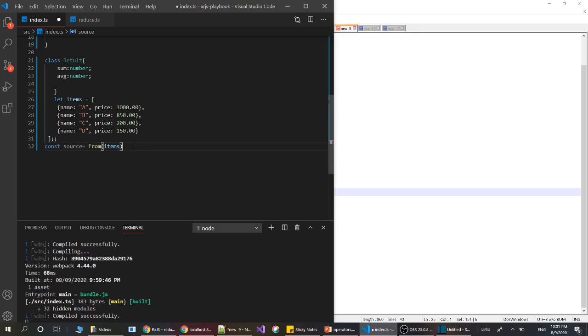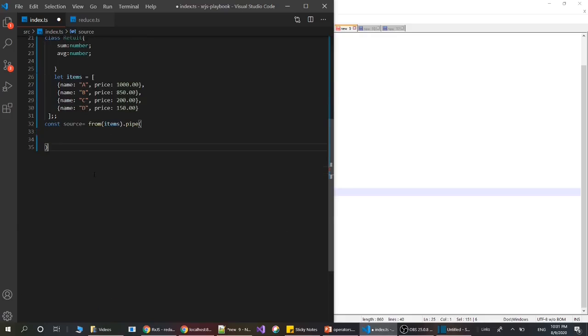Okay, so now let's pipe it, and let's use our reduce function. This reduce function is going to produce a single object of type result, having the sum of all prices along with the average price. Let's make some space here and give the reduce function.